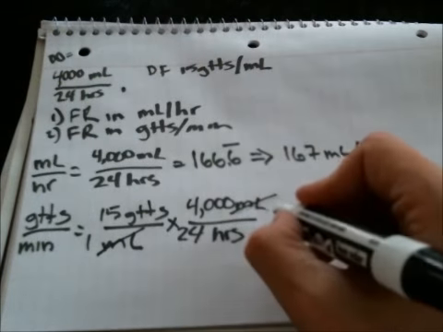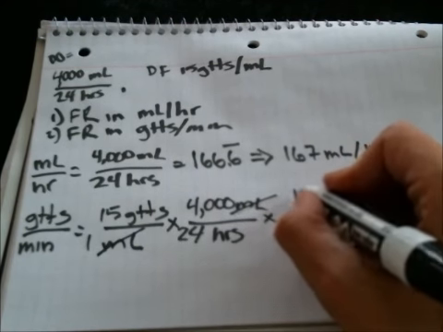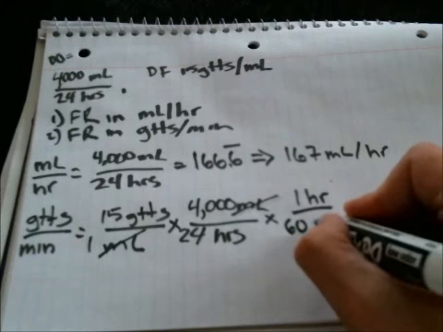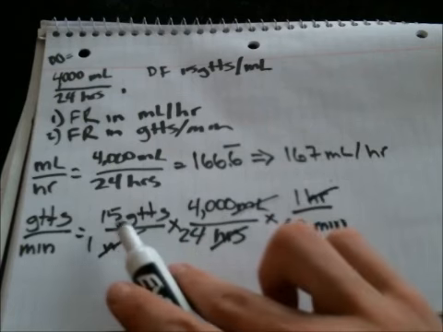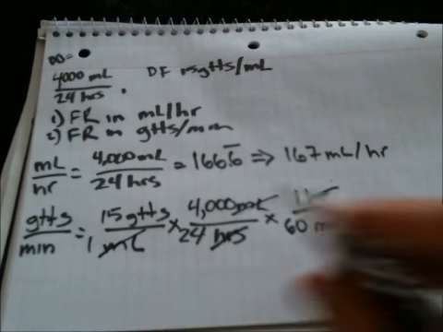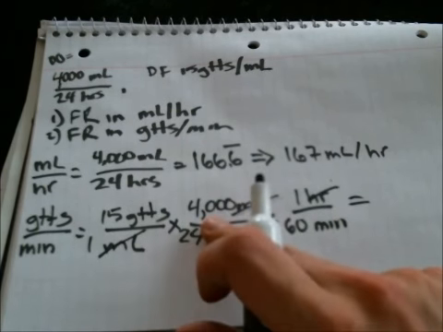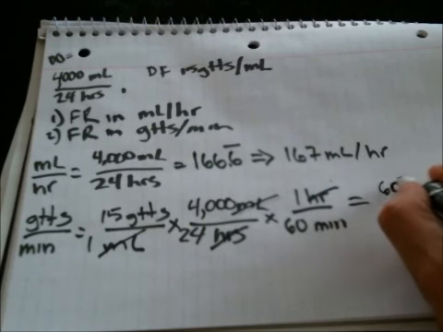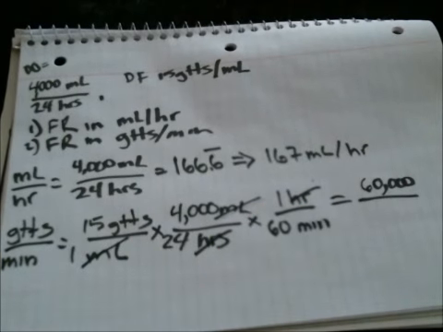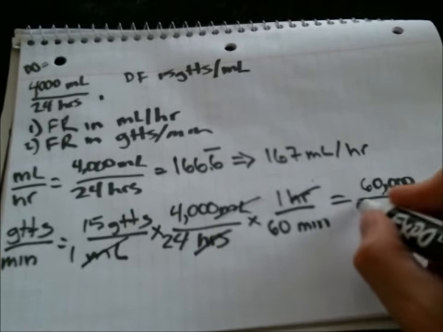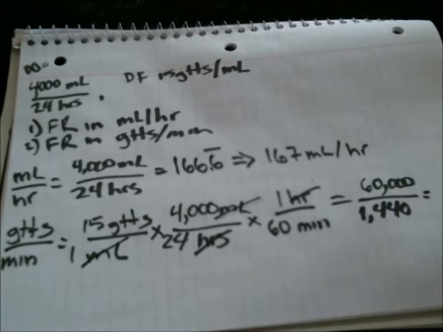But we need drops per minute, so we need a conversion. Since hours is in the bottom, we'll put it in the top. 1 hour equals 60 minutes, right? We can cancel out hours, and suddenly we have drops per minute, and that's what we're looking for. Then you multiply 15 by 4,000, and you have 60,000. And on the bottom, we multiply 24 by 60, and you have 1,440. And when you divide that, you will end up with